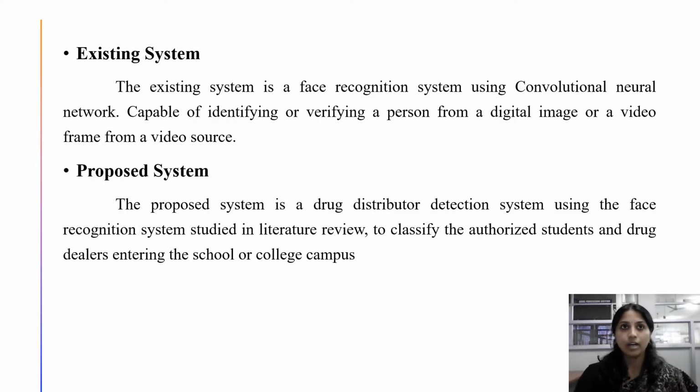In the existing system, face recognition has already been done using deep learning, using the CNN, but it has not been utilized for such an application as yet. Drug trafficking has been identified to be happening at a drastic rate over social media, but that has been identified with the help of words exchanged in messages among the drug traffickers or drug users. The specific words used in such interaction are identified, and then the follow-up happens. But the drawback here is these days people don't directly use the associated words. They speak in code words, and every group has its own code word, and it becomes difficult to